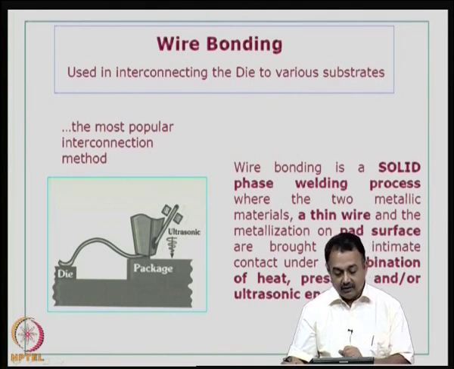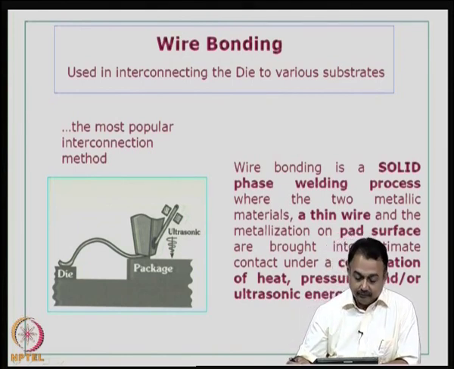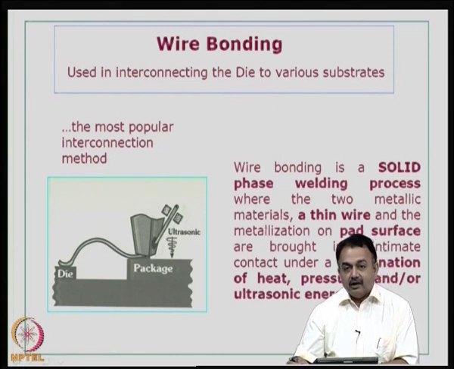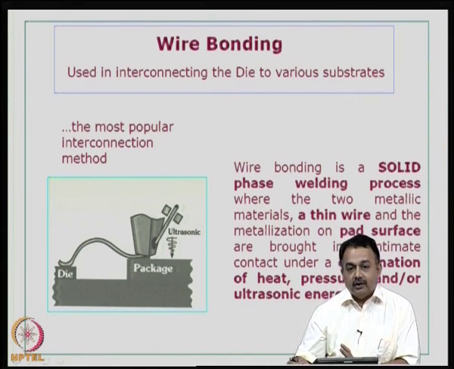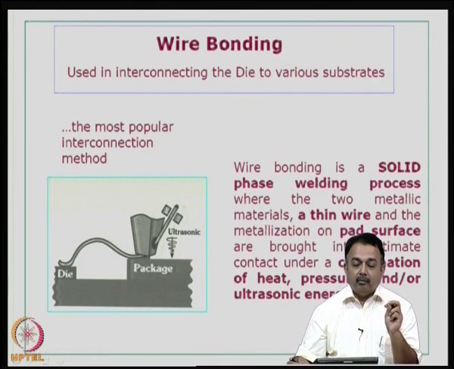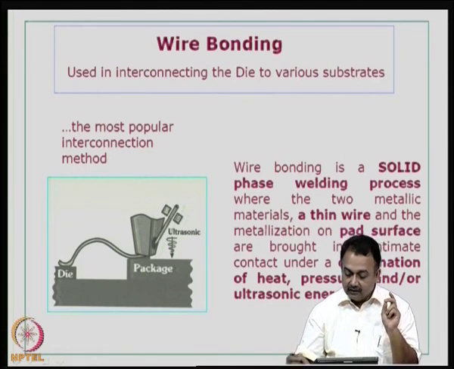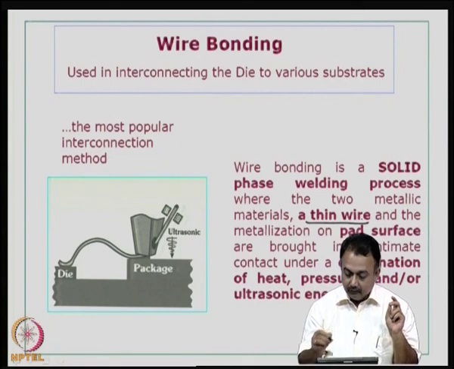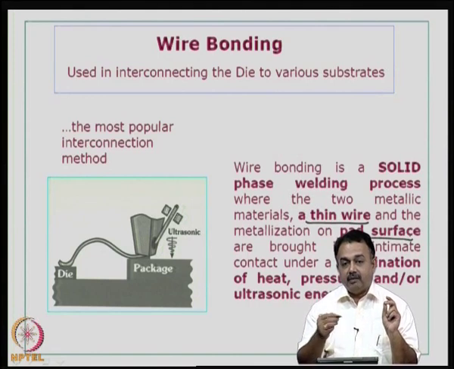Wire bonding is used in interconnecting the die to various substrates, and it is the most popular interconnection method. So, it is a solid phase welding process where the two metallic materials basically are going to use a thin wire, and the thin wire can be gold or aluminum. Today copper is also used, and the metallization on the pad surface is also ready for this bonding process. So, on one side you have a thin wire, on the other side you have a pad surface that is ready to take up the wire,